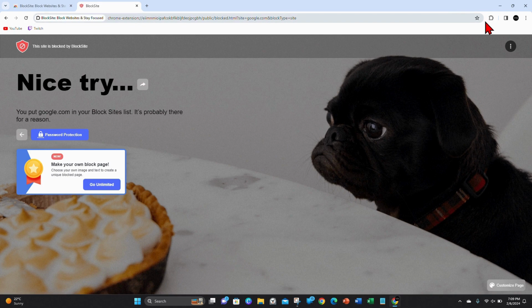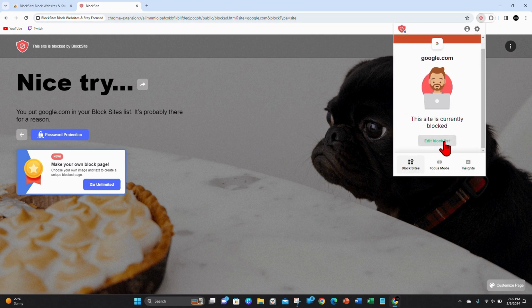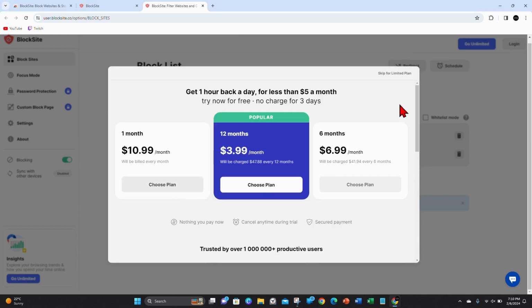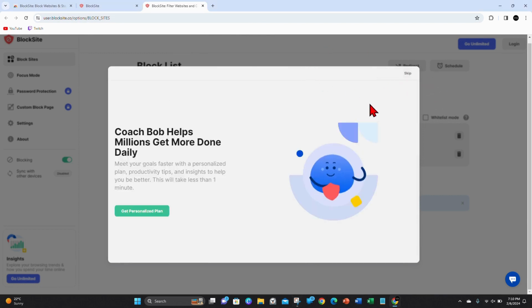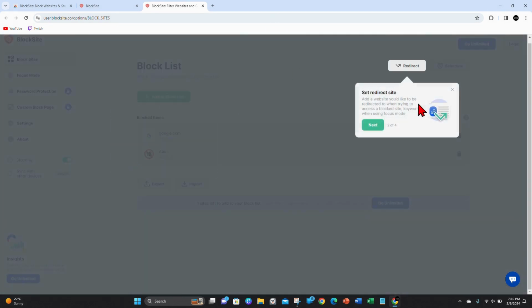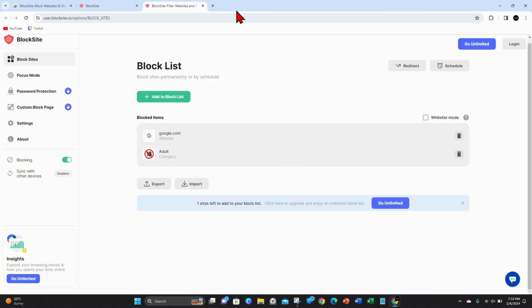One other thing to mention, if you go back to block sites here, click on edit block list, click on I accept, you can click on skip for limited plan, so you can use this for free. Skip, click on got it. Quickly get out of all this stuff here, dismiss. You can add sites manually to the list by clicking this green add to block list as well, but